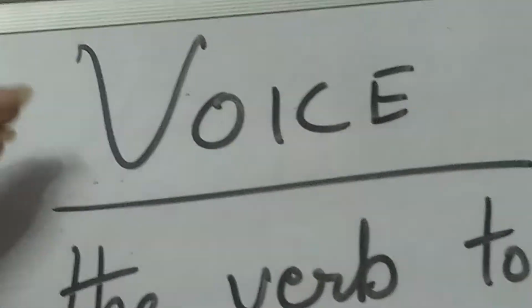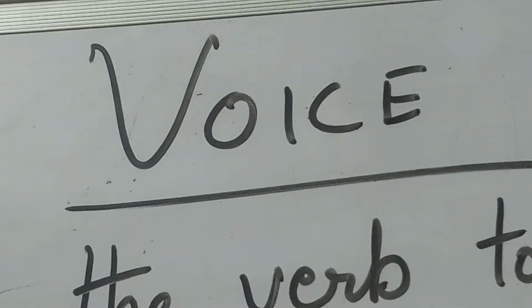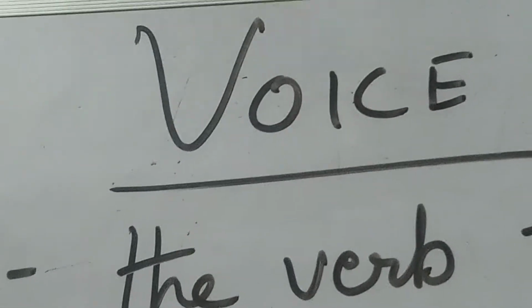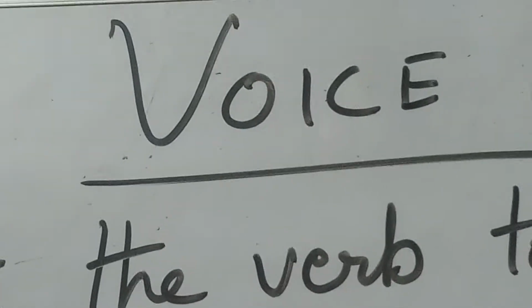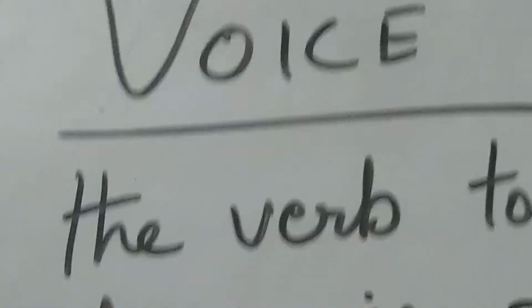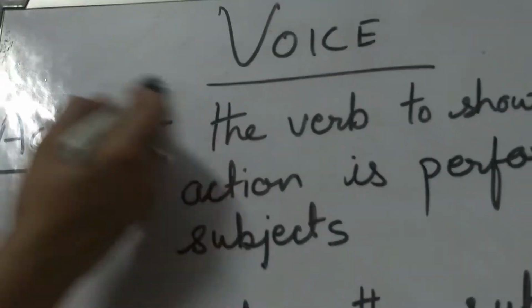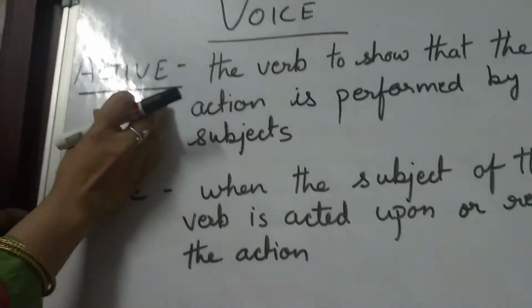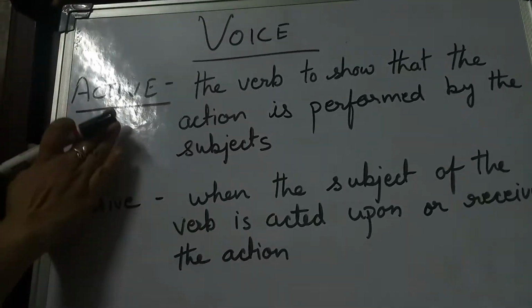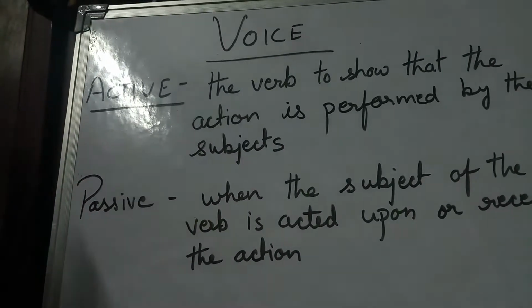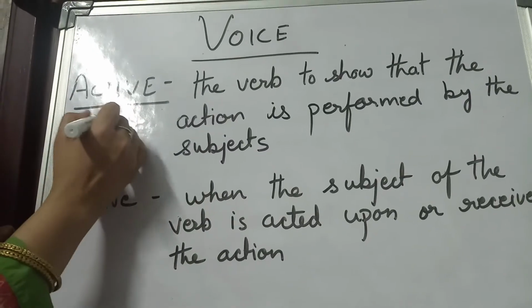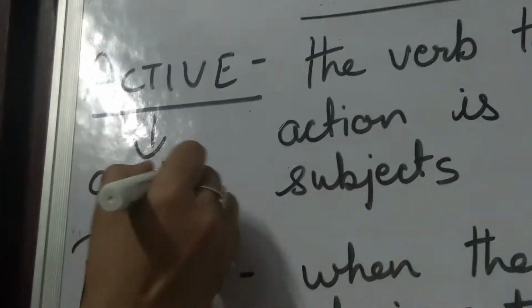So today's topic is voice, as you can see, and it's going to be very interesting as we will talk about the shortcuts that we apply in active and passive voice. But first we have to understand the roots of it. The roots of it says, what do we mean by active? We will first go to the dictionary meaning of active. The dictionary meaning of active says that something which is happening, something which is in action. So with active, the first thing that we relate is action.